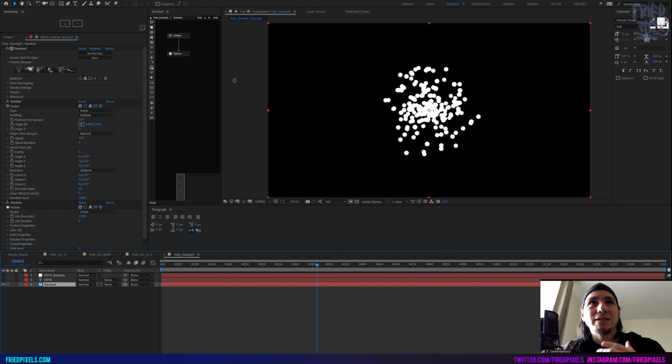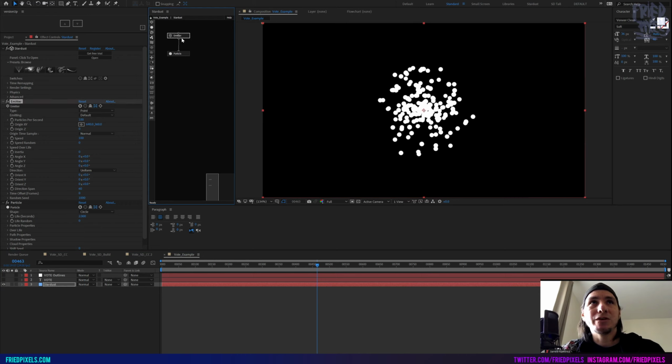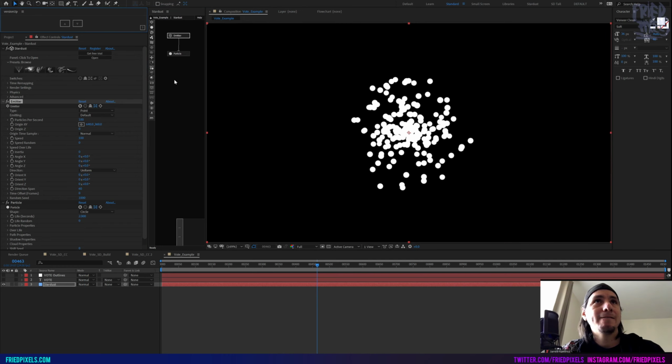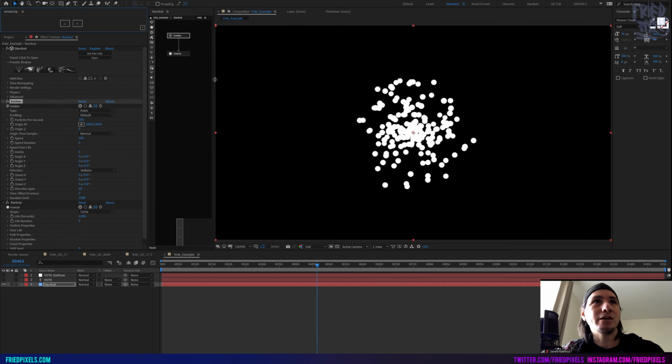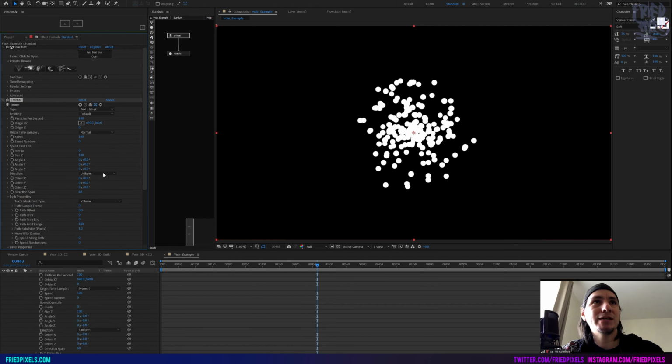So the first step, like I said, is the easy part, just using those masks. We're going to go to emitter, and this is so weird, my paragraph popped up over here. Sorry about that. We're going to go to our emitter and change this to text mask.